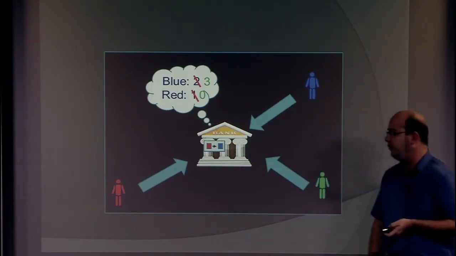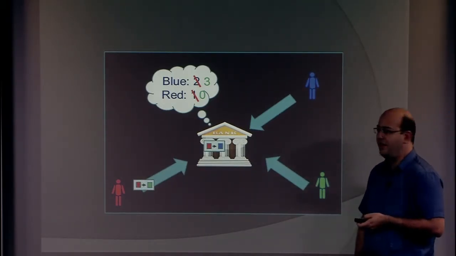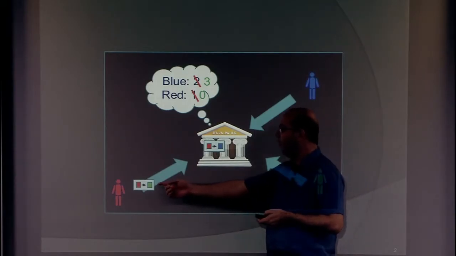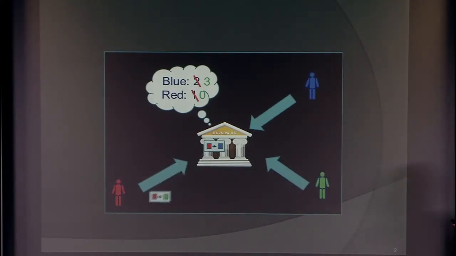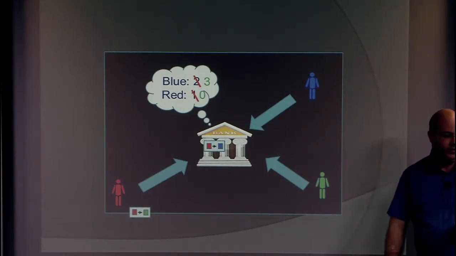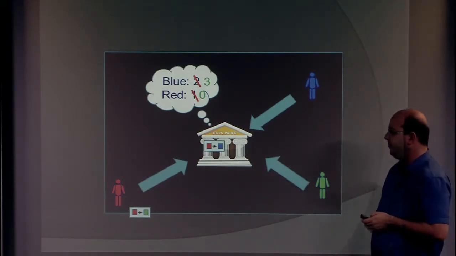And banks, of course, can do all sorts of checks on your requests. So, for example, if the red agent now would try to move, again, maybe $1 to the green guy, that would get thrown out. He has no money in his account. And so we have to make some consistency checks here that the bank does for us.